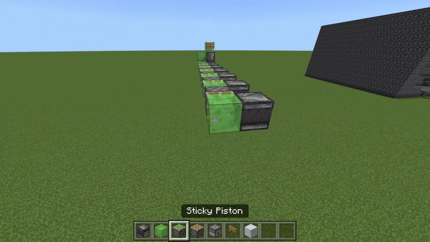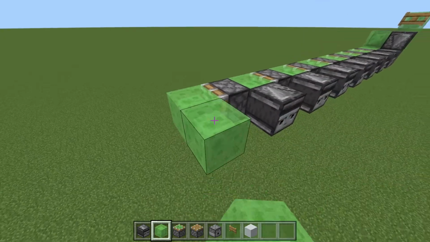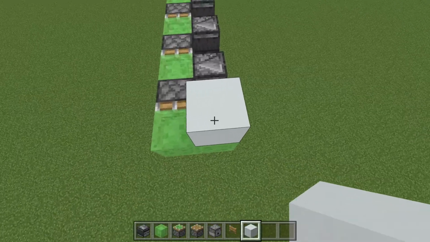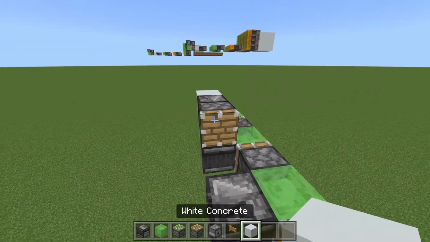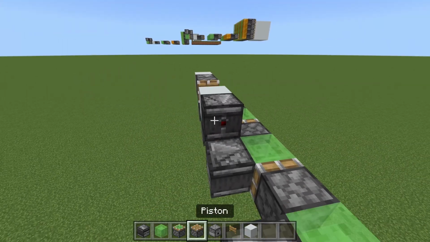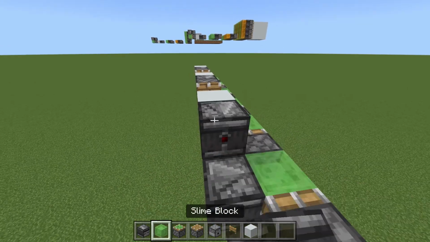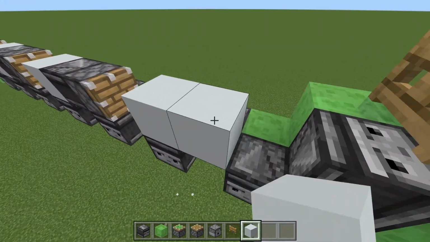Then once you've done that, add one more sticky piston and one more slime block there like so, and then a slime block off to the side. Once you've done that, what you want to do is place a regular block there like so, and then what you want to do is add an observer and then a regular piston, then a pillar block and then a regular block there, and then an observer and a piston, then a pillar block and a regular block there, and then an observer and a piston, then a pillar block and then a regular block, then a regular block, then